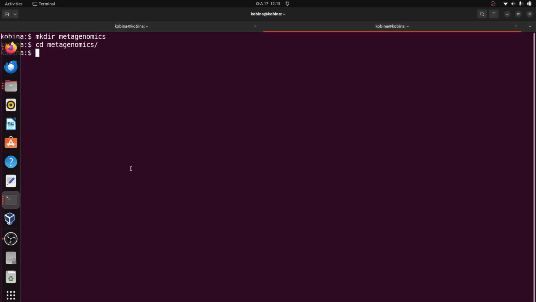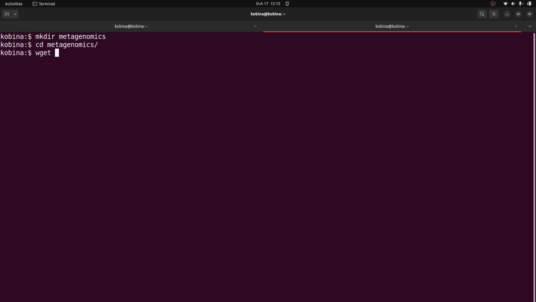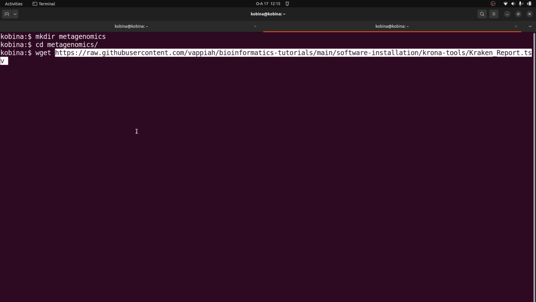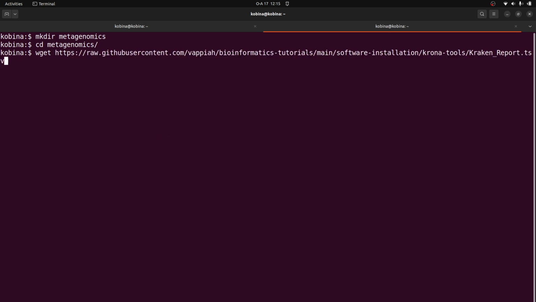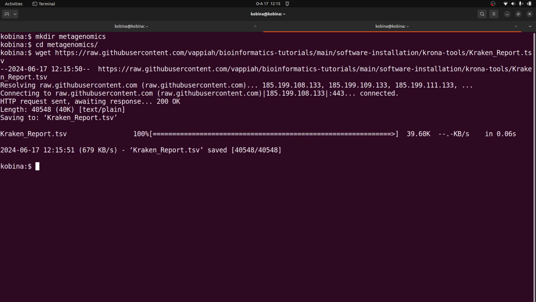After that, go to the terminal and then use wget and then paste the link. Paste it and then execute it. This will download the file for you. Do an ls, and you are going to see the file there. You can even do a head, let's say head -n for